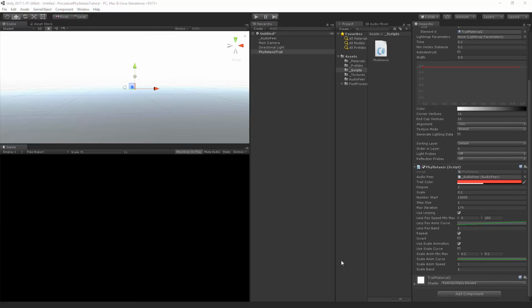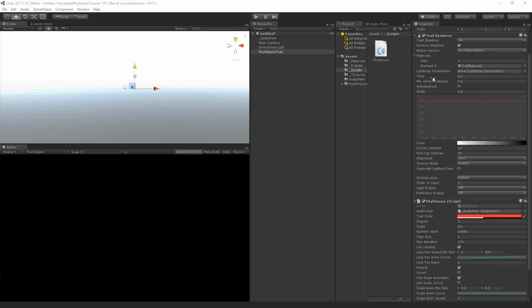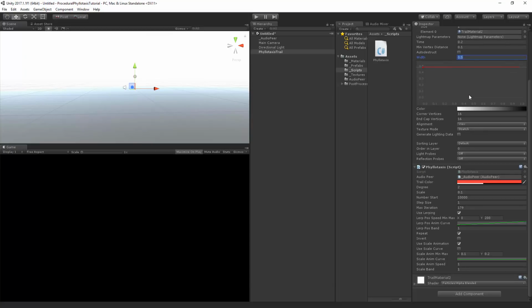Now let's have a look at how to create a fun visualization. And again, I've set some presets, and the presets I've set is the time is 0.2, the width is 0.5, we'll use this gradient, and we're going to use a degree of 2 degrees again, a scale of 0.1. I've set a semi-transparent red color here, and using a step size of 1, and we'll use a max iteration of 179. So when it's at 179, it'll be 0, and 0 is equal to 180, so it will make